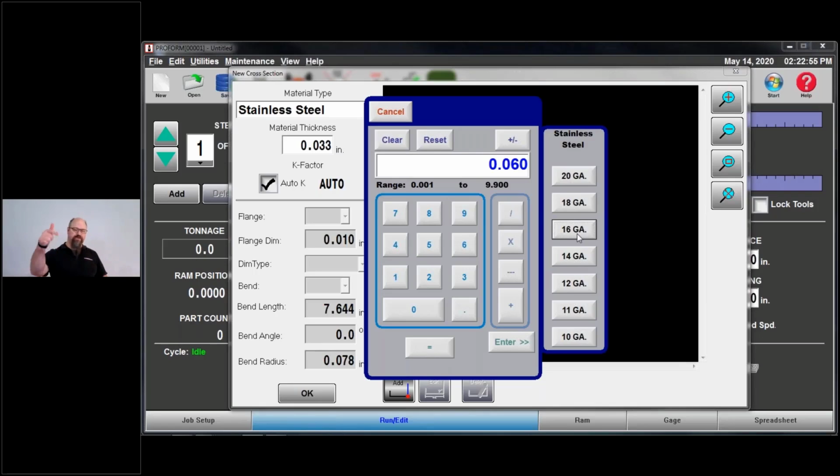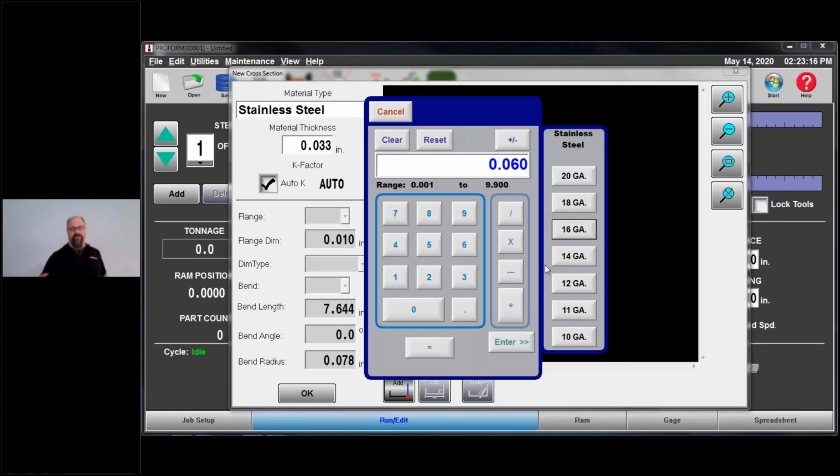Maybe even go into your settings and change the default from 0.06. All the steel that I measured is averaging out to 0.057. Well, I'm going to go in and set my default to 0.057. That gets me just closer, generally speaking, to the target zone, and you're going to get better results.